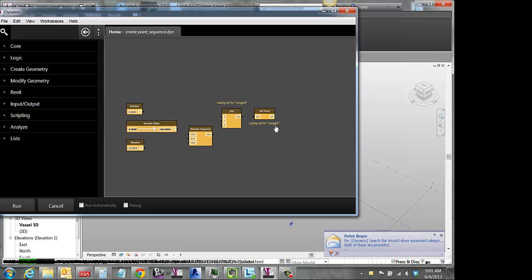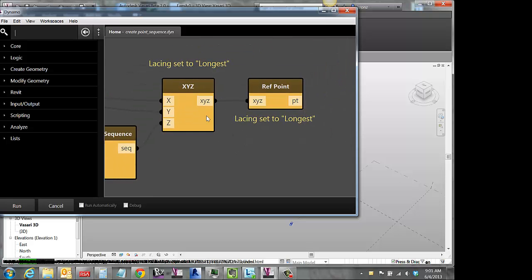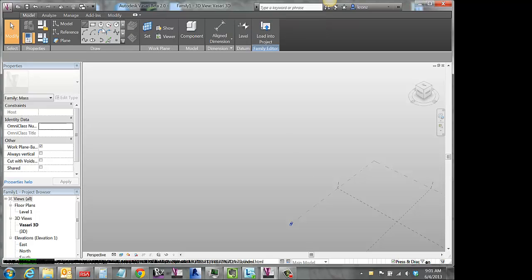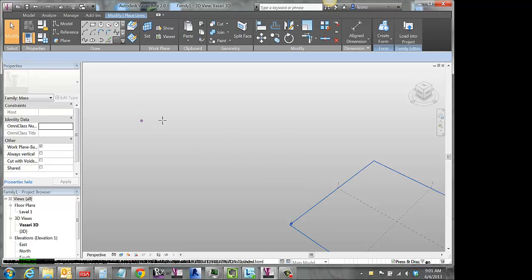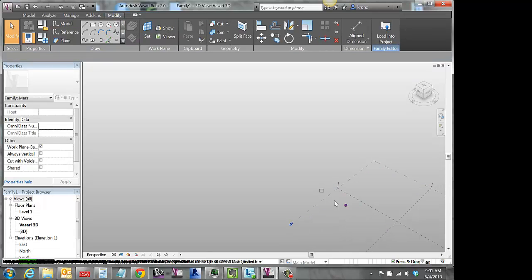So here in this definition, I've got something that makes a sequence of numbers, and then we'll create a series of XYZ coordinates, and then we'll create a reference point. So some of you might scratch your head and say, what's the difference between a coordinate point, XYZ, and a reference point? Well, in Revit, for those of you who know or those of you who don't, when we have a reference point, which I'm just going to place out here in the canvas, this isn't just a point in